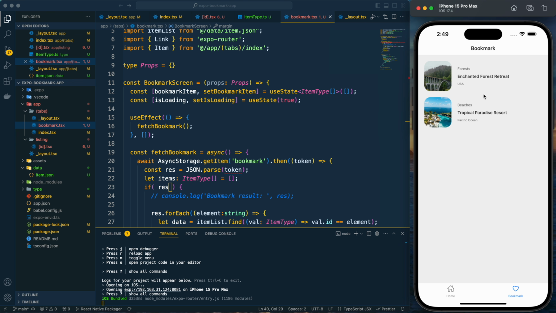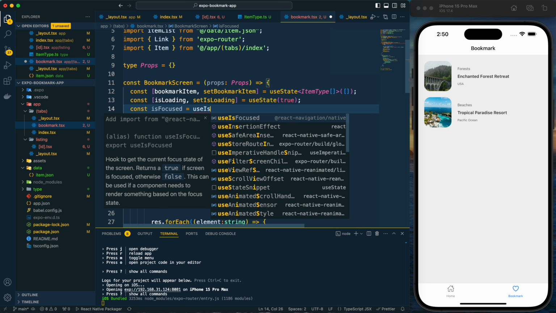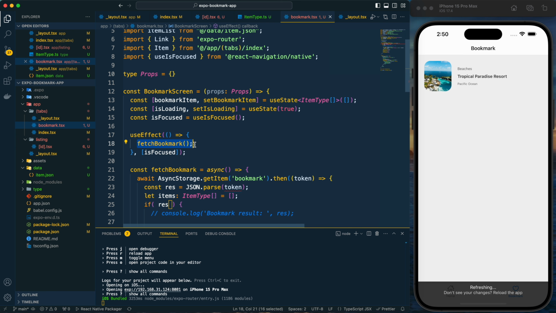If it is being removed, then it should be updated here, and for that here I will create a constant called isFocused, and it will be this use isFocused hook from the React navigation. So by this I can call this fetch bookmark function.